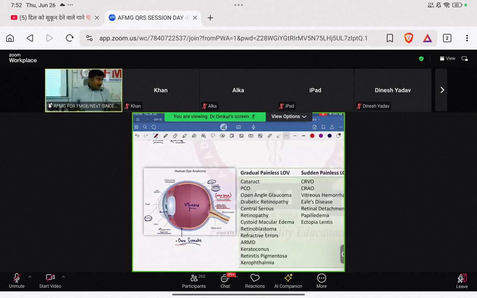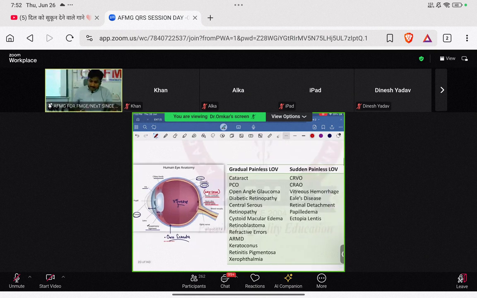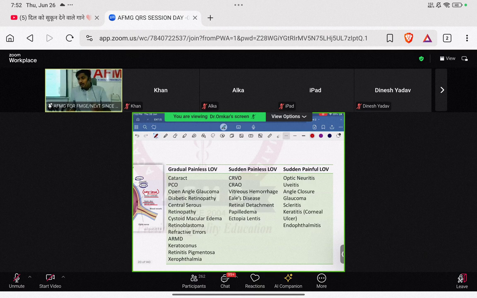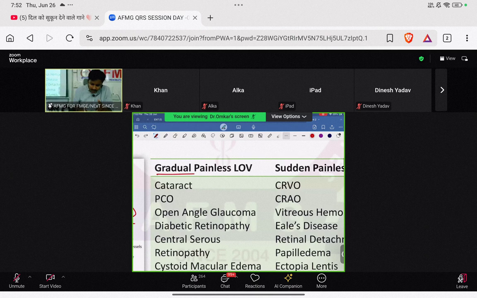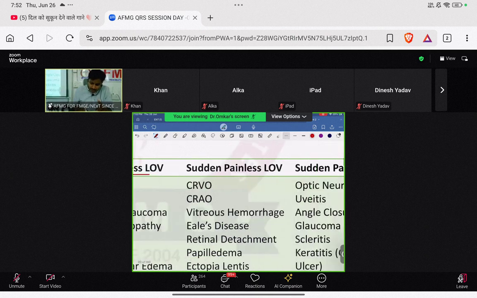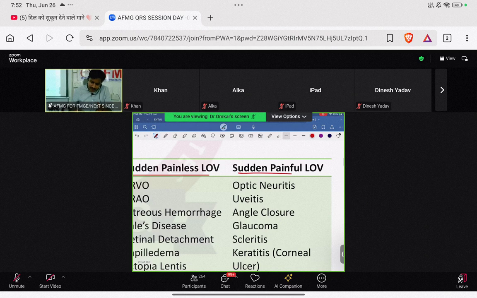This was about anatomy. Second part now. Second part is basically बेटा, these are the main complaints now. याद रखना, main complaint of ophthalmology is either gradual painless loss of vision बेटा, second sudden painless loss of vision बच्चे, और third sudden painful loss of vision. Either of these complaints will always be there in one of the ophthal questions बेटा.